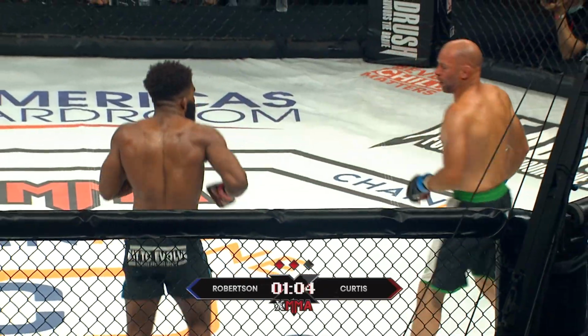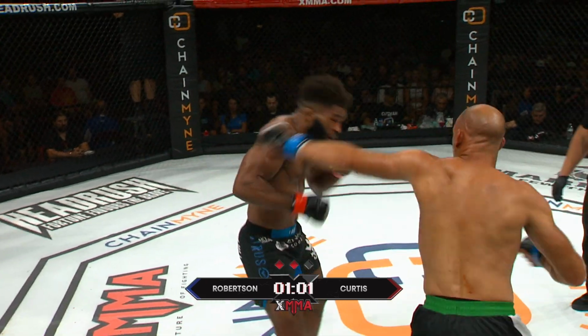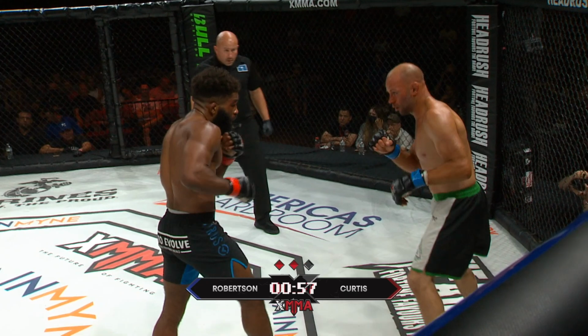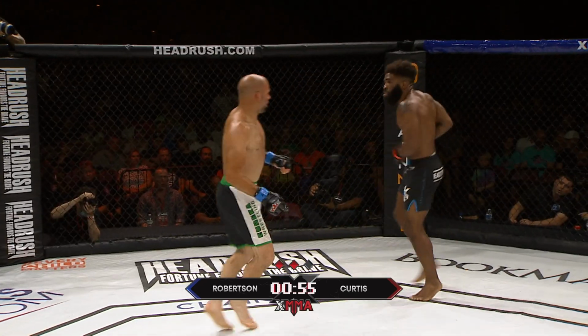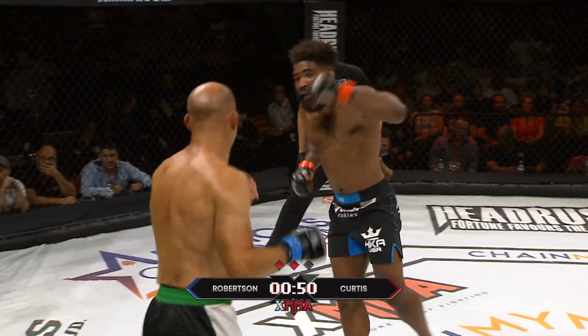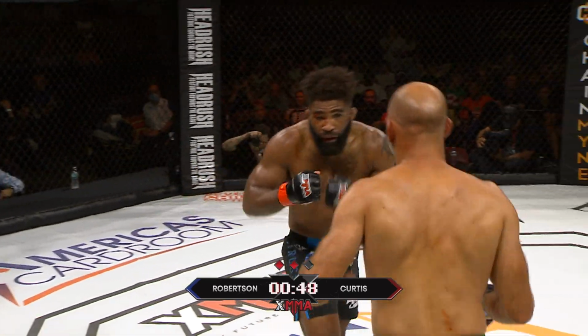I mean, man, the hips of Chris Curtis. Every time Kenny even thinks about a double leg, his hips are back real quick. Yeah, real strong in the sprawl there. Real strong sprawl. So the first round looked to be a very strong one for Chris Curtis, but what about this one, James? I'm going to give the first to Chris Curtis as well, and I think the second one...